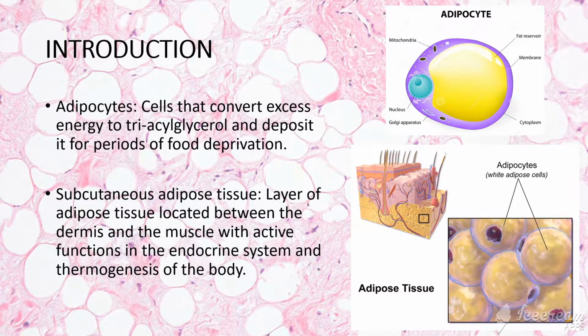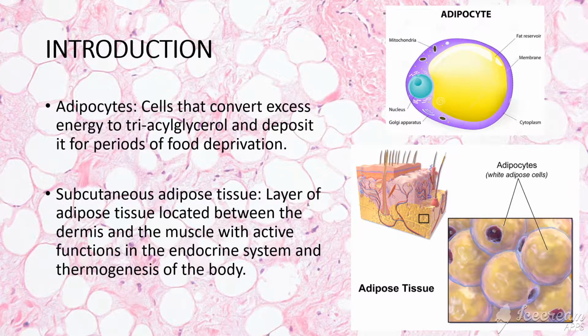Adipocytes are highly specialized cells that play a crucial role in the energy balance of most vertebrates. Adipocytes convert excess energy to triacylglycerol and deposit it for periods of food deprivation. Adipocytes consist of one or more large triacylglycerol droplets. This type of cell aggregates in different parts of the body, forming, for example, a layer of subcutaneous adipose